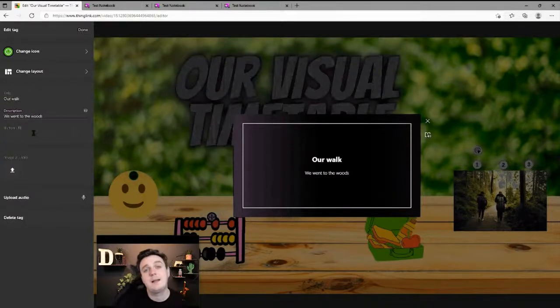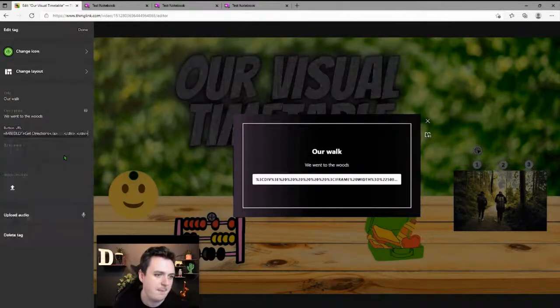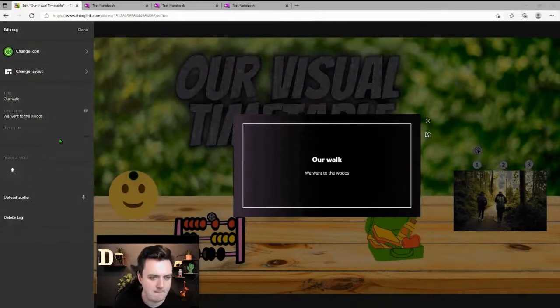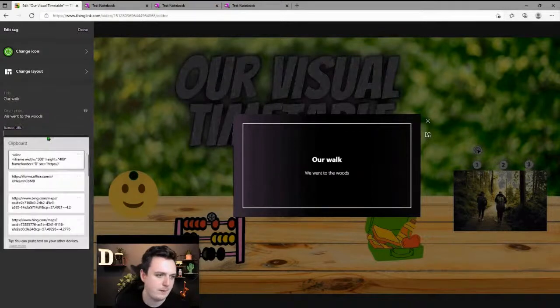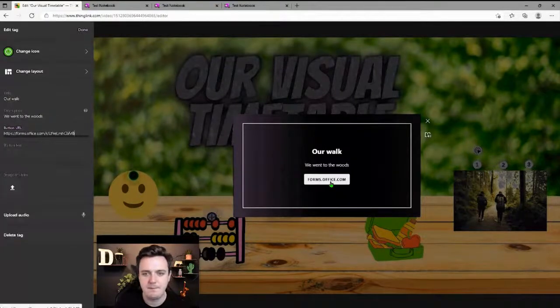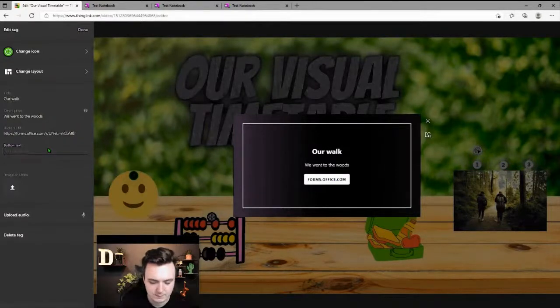We can put in a button as well if we're wanting. So that is a clickable link to another website. I wonder if I can. Yep. So that's the embed code there, although I don't know if that's going to work actually. Let's choose something else. So that would take us to the Microsoft form. There we go. And then you can change the button text as well. So lunches form, it doesn't have to link, it's fine. So now we've got a button to click as well if we're needing to, and we can upload